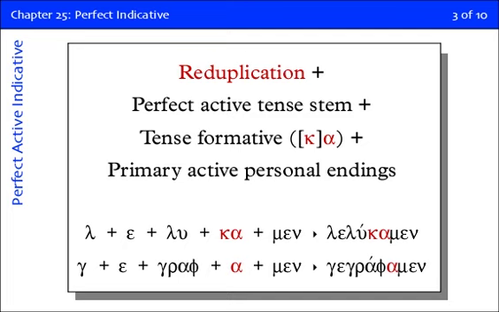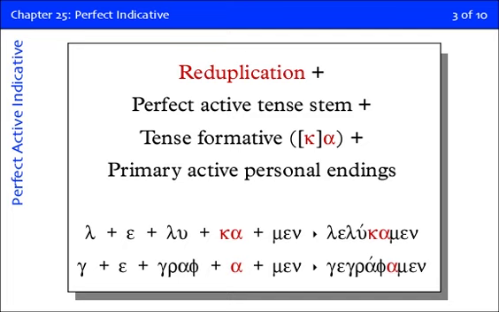And in fact, we now are going to know all 6 of our tense stems. And they go present, future active, aorist active middle. Then we're going to have the perfect active. And then the 5th tense stem is the perfect middle passive. And the 6th is the aorist passive, from which is also formed the future passive.